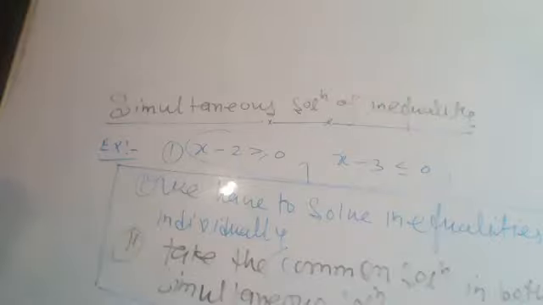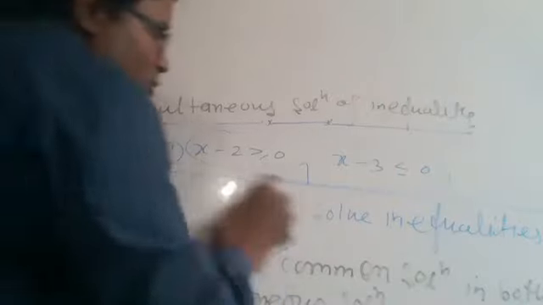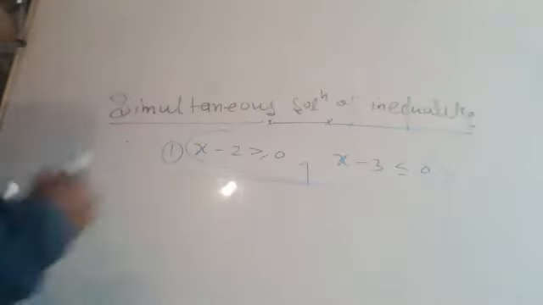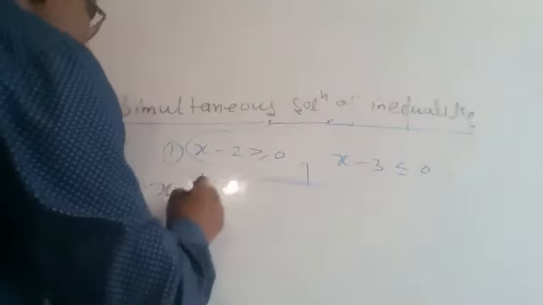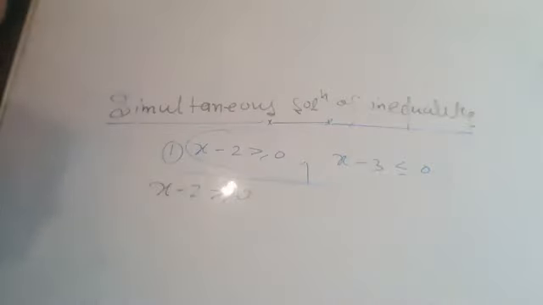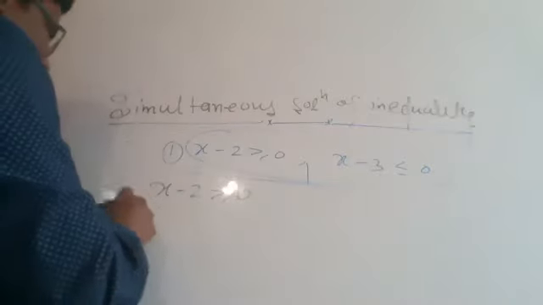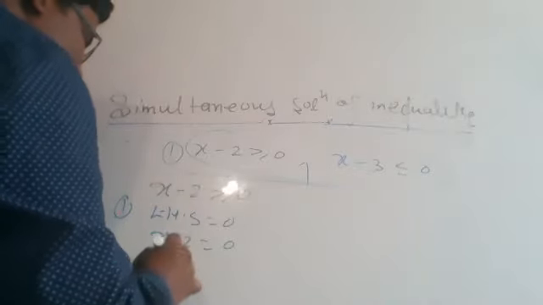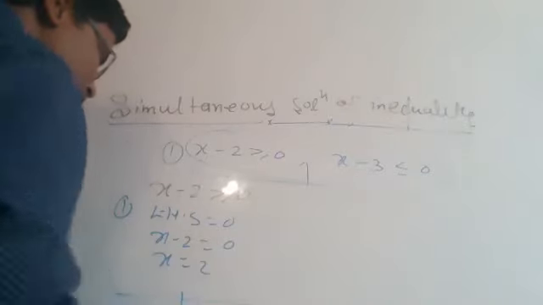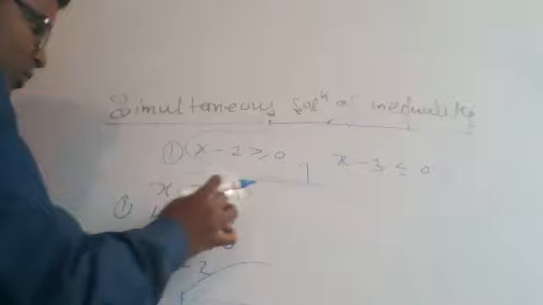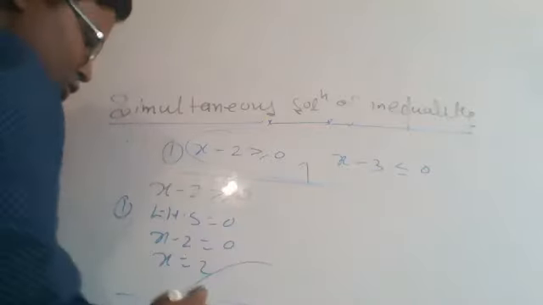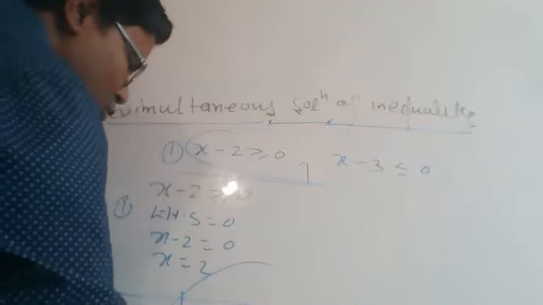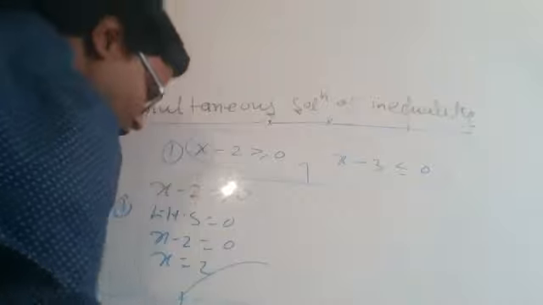Okay, everyone, just see how we solve such type of questions. First of all, we solve the inequalities individually. The first inequality is x minus 2 greater than or equal to 0. How do we solve it? You know very well that we put the left-hand side equal to 0. So x minus 2 equals 0 and x equals 2. So easy. This is going to be 2. We draw the wavy curve. Which portion is required on the number line? So we get the solution from 2 to infinity. This is the solution from the first inequality.